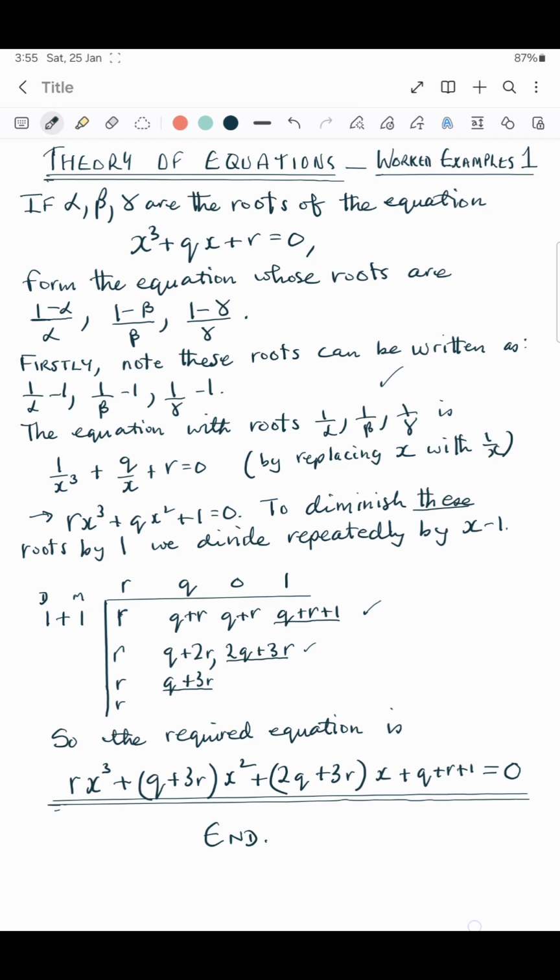Repeating that again, divide r by 1, you get r, and now let the multiplier do its job. 1 times r is r, add that on to q plus 2r, gives us q plus 3r. And then finally we just have 1 into r is r. And so our required equation is rx cubed plus (q plus 3r)x squared plus (2q plus 3r)x plus (q plus r plus 1) is 0, and that completes the little